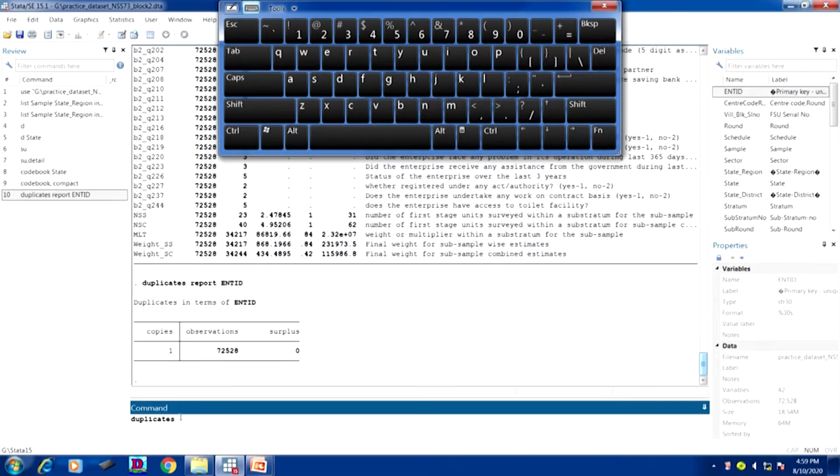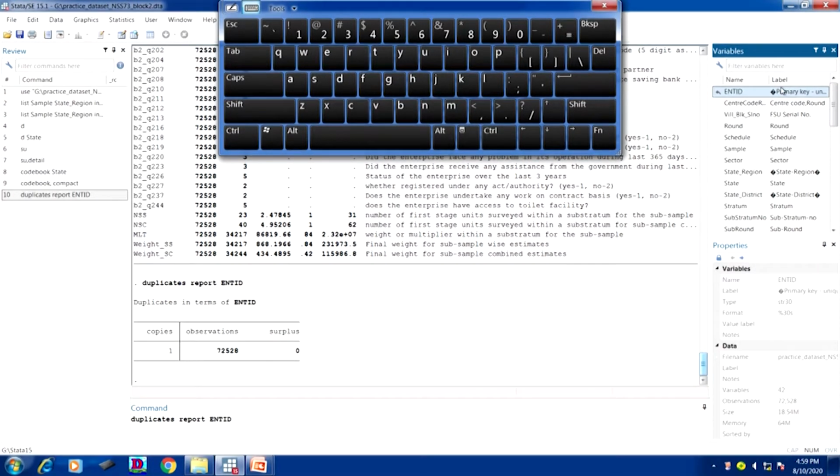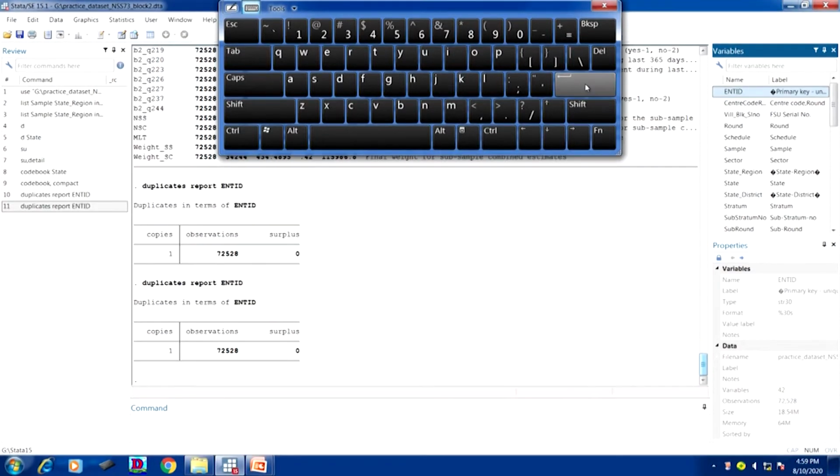So duplicates report, space, then the variable we wanted to check. Now enter. This gives information that the variable we wanted to check has 0 surplus. So 0 surplus means no duplicates are there in our data.